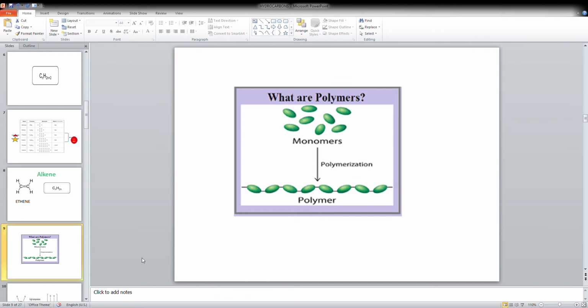Oh, how do you form polymers? The word poly means many, right? Starting with small ones, we get a very big one, a big or complex molecule. The small, simple ones we call monomers, and the very big chain, the large complex one, we call a polymer. This process we call polymerization.